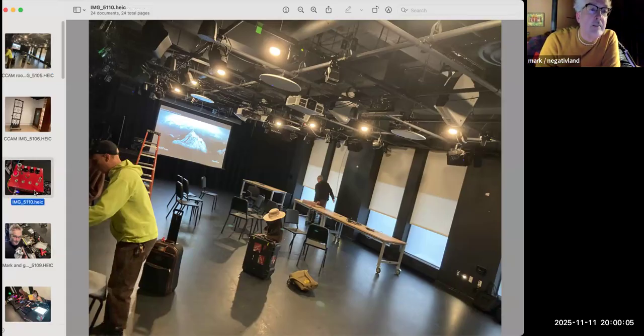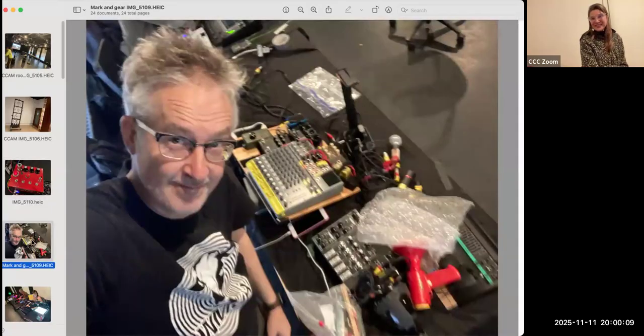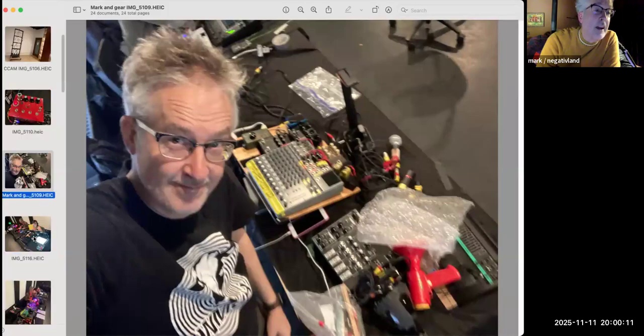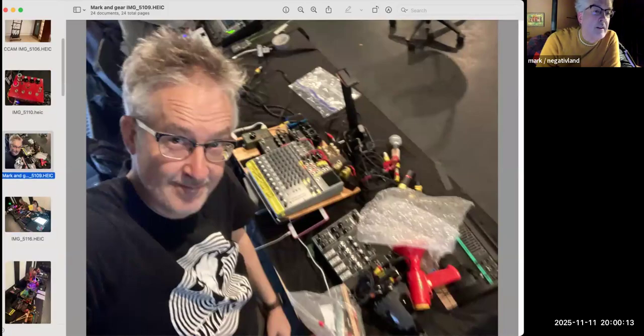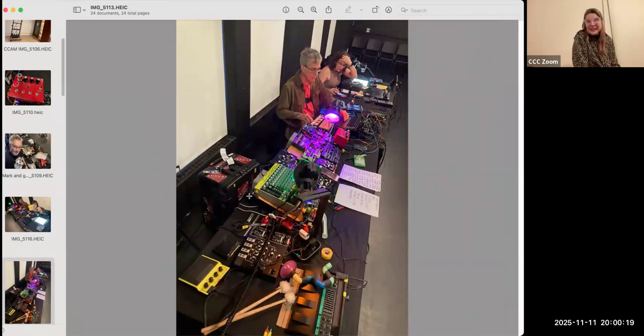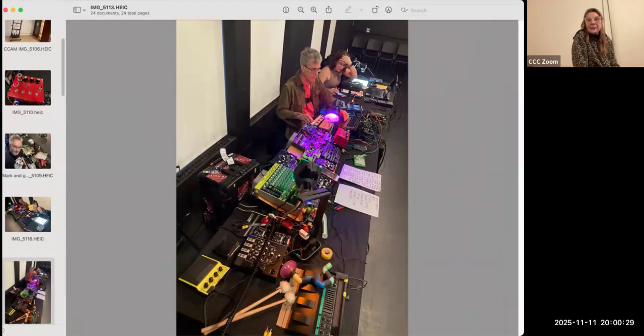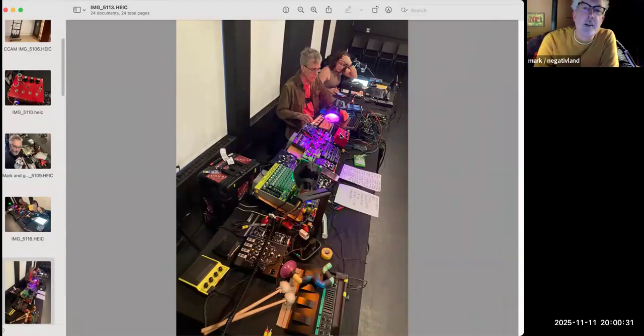There's my booper. If you want to see it up close. The booper. Yeah, that's some of my setup there. This actually shows, so that's John. That's Sue. But that's set up there. You can see with the little mallets and all the pedals and the mixer and all the stuff. Do you see my mouse moving around on the screen? Mm-hmm. Yeah, you do? Okay, good. I didn't know that. So yeah, that's starting with the booper.